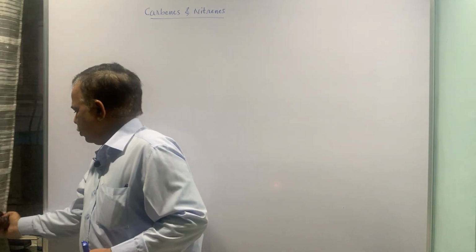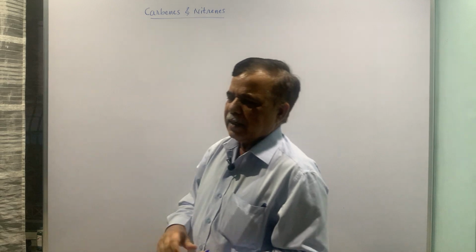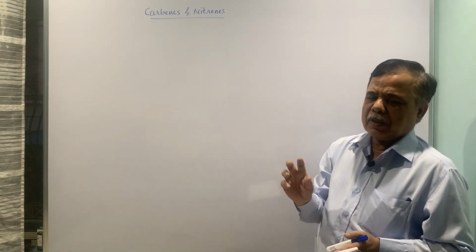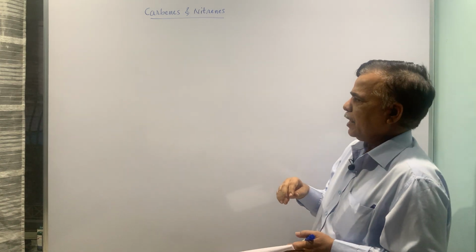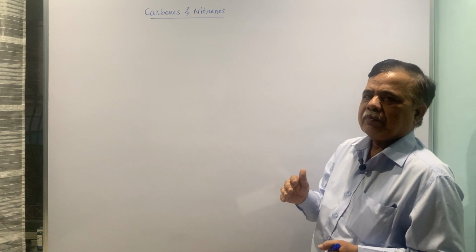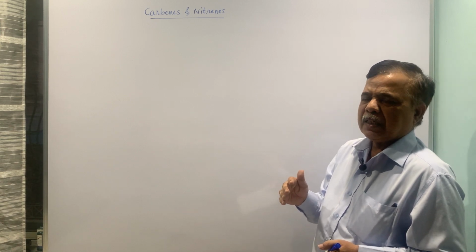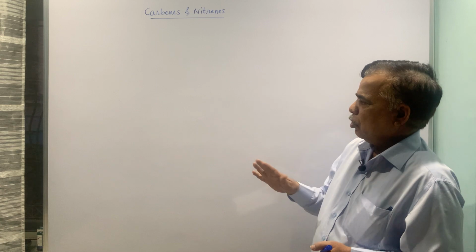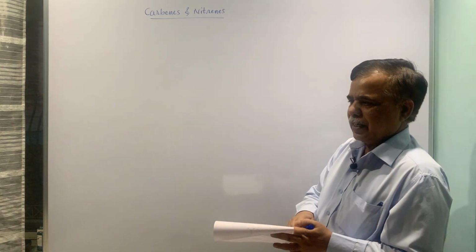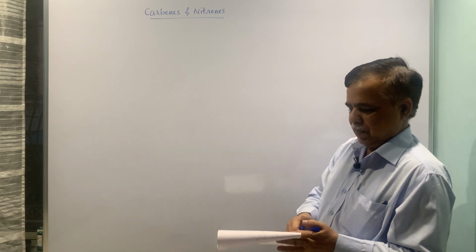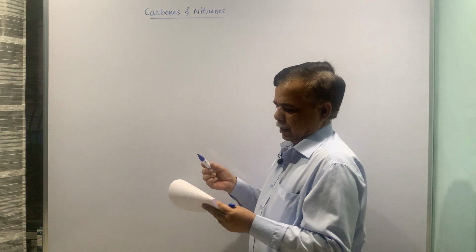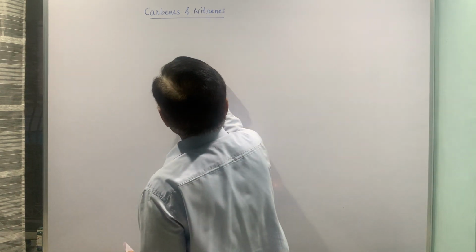Now moving on to nitrene. Nitrene is also a reactive intermediate, and we have seen some reactions which involve nitrene. The name reactions right from Hofmann, Curtius, Schmidt, Lossen, all those reactions. So I am just putting a few examples for nitrene. Nitrene is also a reactive intermediate, and some reactions I am putting here.